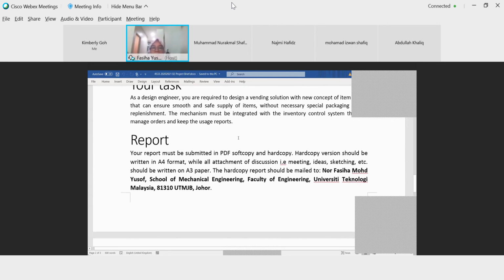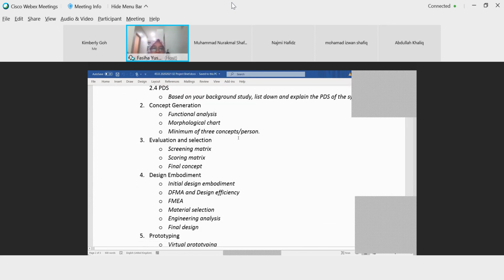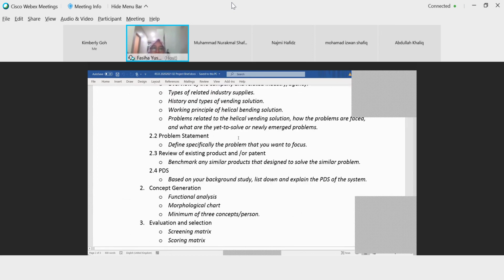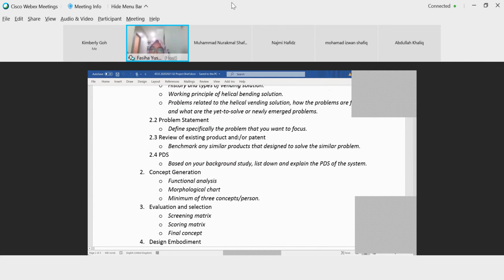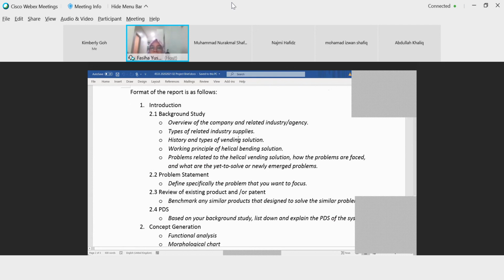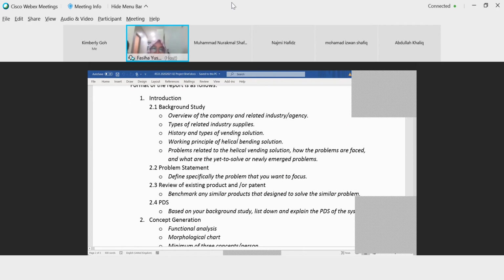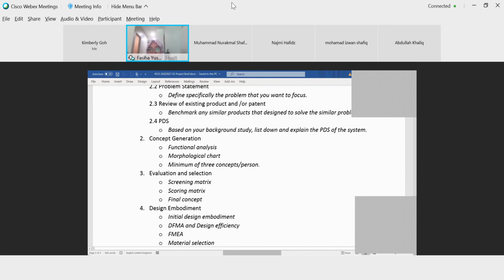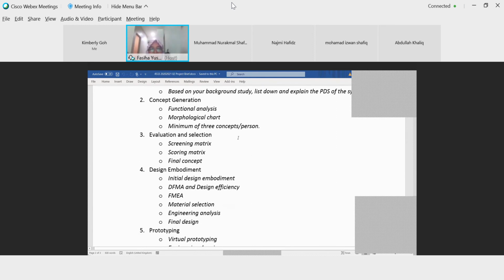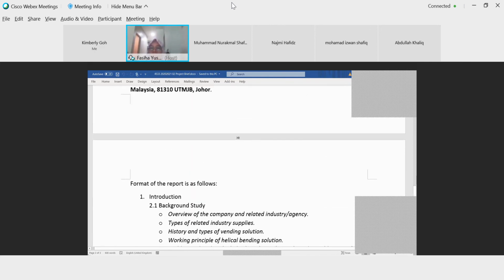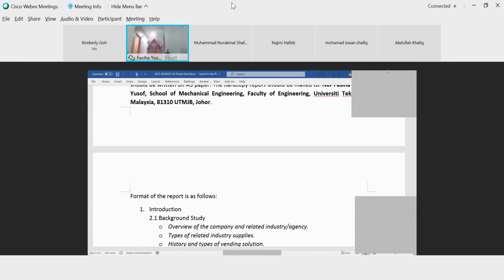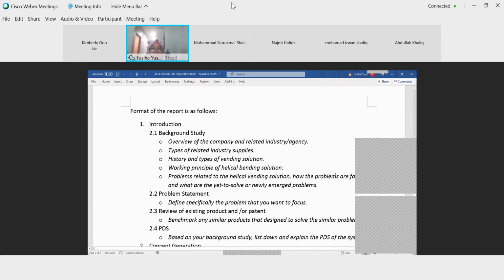Alright, and the rest are about the report. For the report, this is what you're going to do. Basically, this is the process that we will go week by week. And this is also what you have to do week by week, and basically what we will evaluate you on and what you have to put in your report. Okay, just try to understand this. I will share this in the group, and I will also upload it in e-learning. I seldom open e-learning, but I will have time to upload.